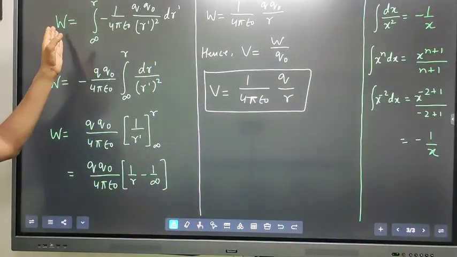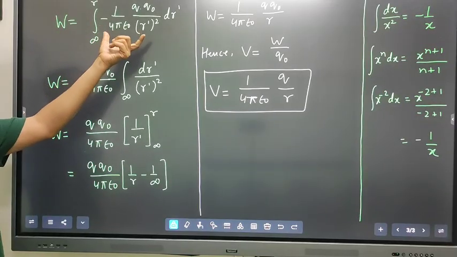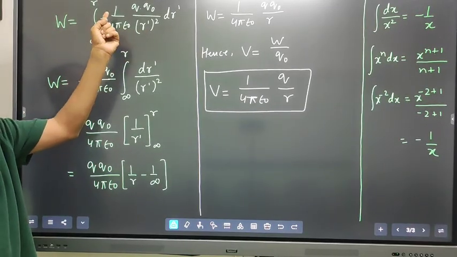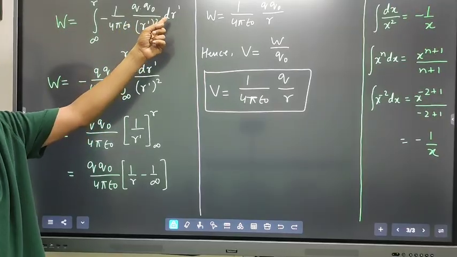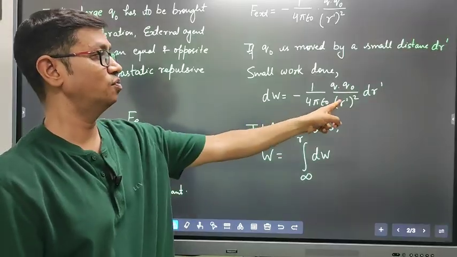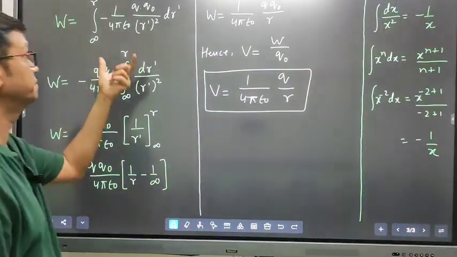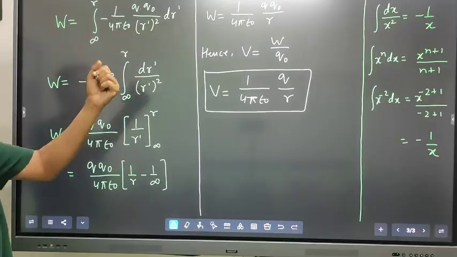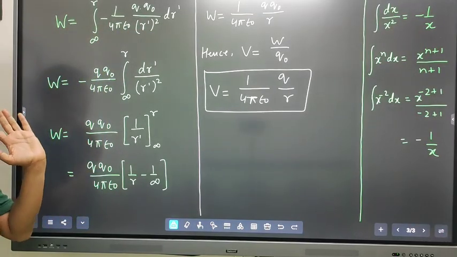तो यहां से हमने लिख लिया W अपना क्या हो गया, infinity to R, now this is the dW, -1 अपॉन 4πε₀ Q₀ R' स्क्वायर to dr', ये वही है जो हमने यहाँ पे लिखा था, देखो dW, उस dW को हमने जस्ट रिप्लेस किया है, करेक्ट। अब यहां से मैथ से स्टार्ट हो गई डियर, फिजिक्स तो खत्म हो गई, अब जो करना है मैथ्स में करना है,